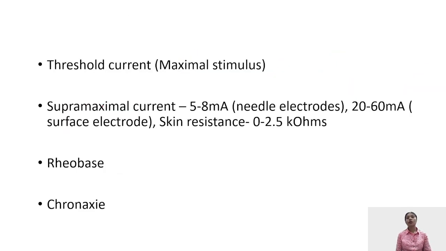Now coming to certain definitions that you all have to remember. These definitions are an overlap between your nerve conduction physiology and our neuromuscular monitoring. So let's study it fast. One is the maximal stimulus. What is the maximal stimulus? That is the current which is required for the muscle fibers to contract, or the action potential to reach the end plate and let the muscle potential contract.